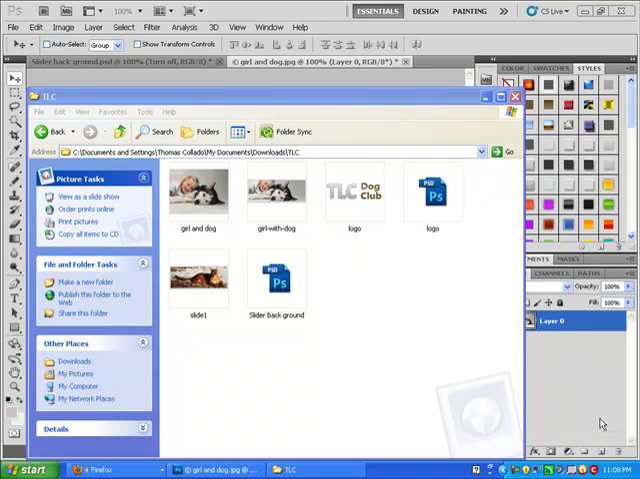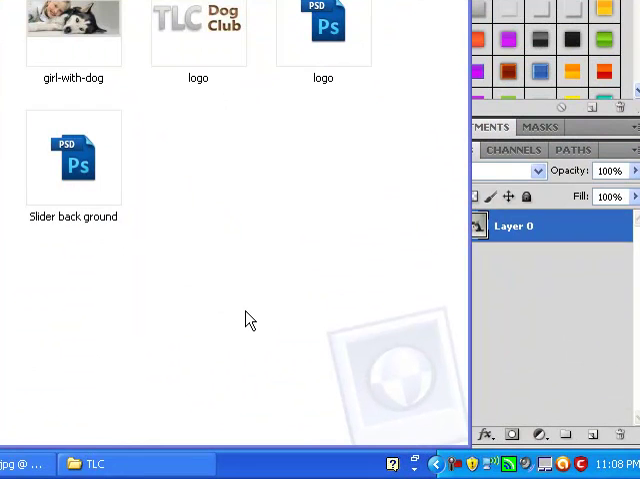Okay, this video tutorial is to show you how to add a background to the images that go on the slider. If you look at the slider, the images have a background that's a border around the image, and it has a slide shadow under it. So I actually did a template